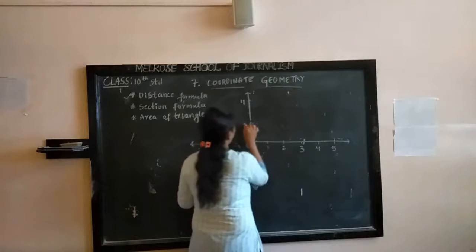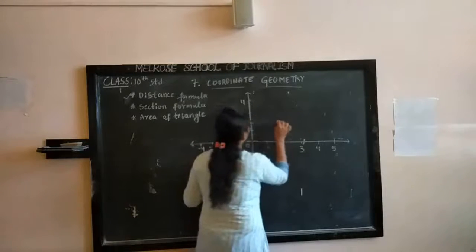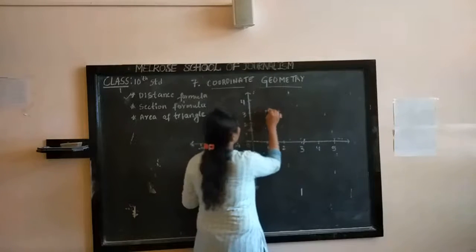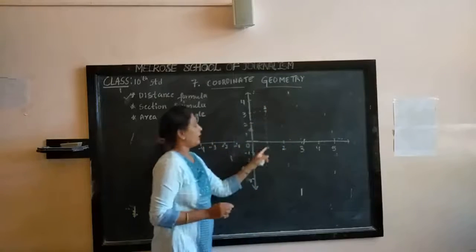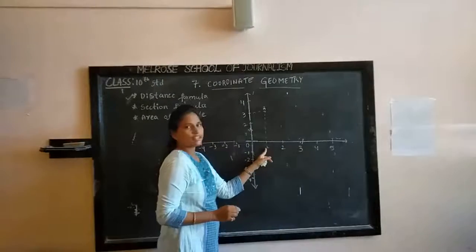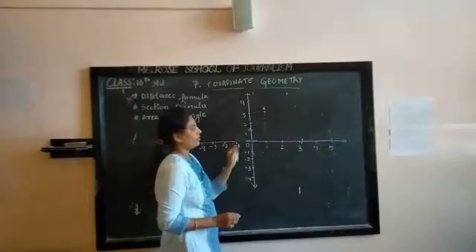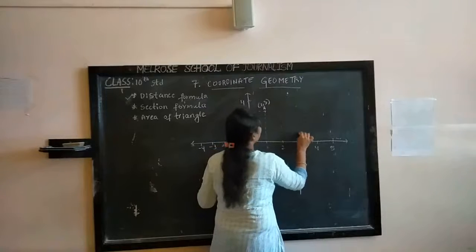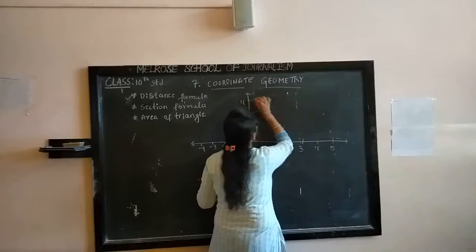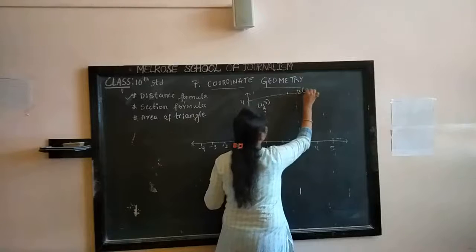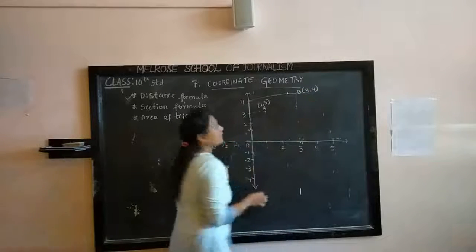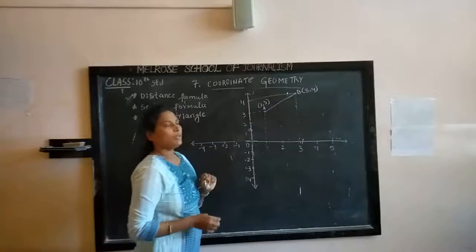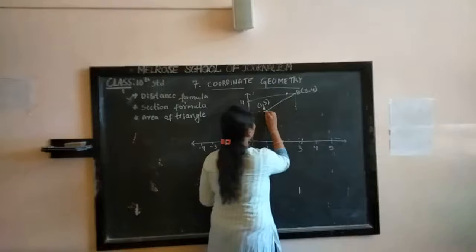See here, I am taking one point. This is point A. This point A is represented as 1, 3. First you should write the x axis value, then we should write the y axis value. So point A is written as 1, 3, and take one more point here. This is point B. Point B can be written as 3, 4. How can you find out the distance AB here? AB, you need to find out. See, if we join this way,